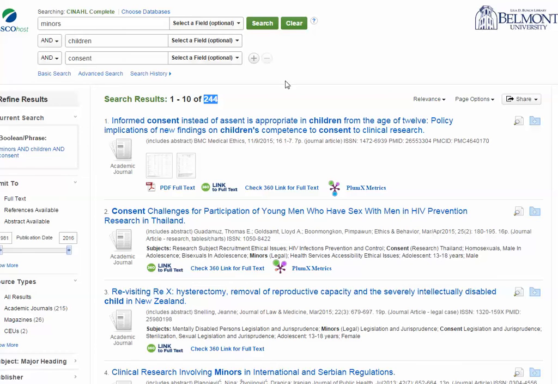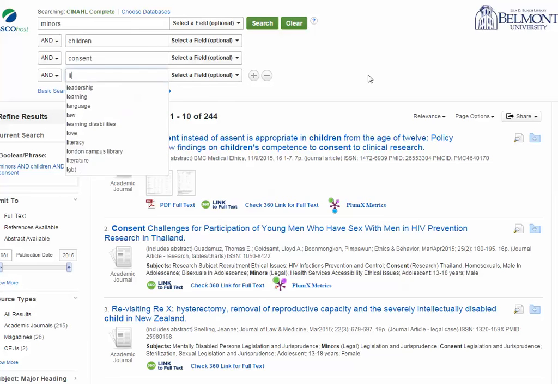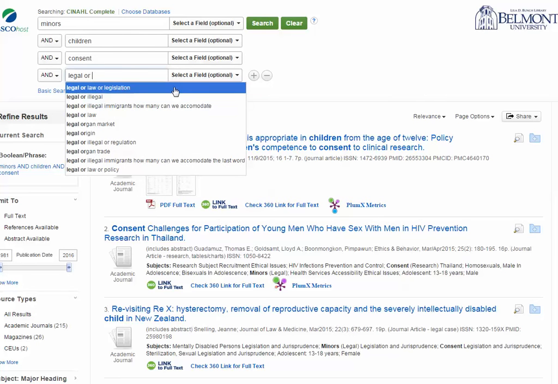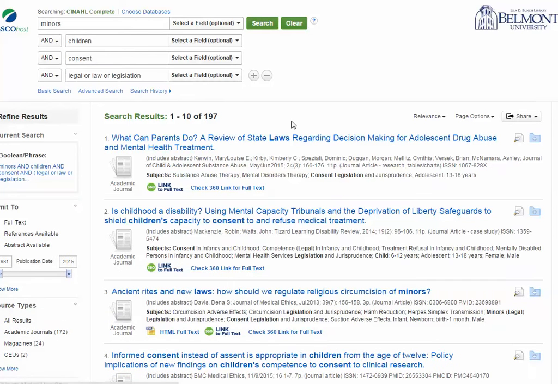You could add a row, and you could do something like legal or law or legislation, and then see what you get there. Okay. And then for the different sections of the paper that you're searching, you could do something like ethics or ethical.